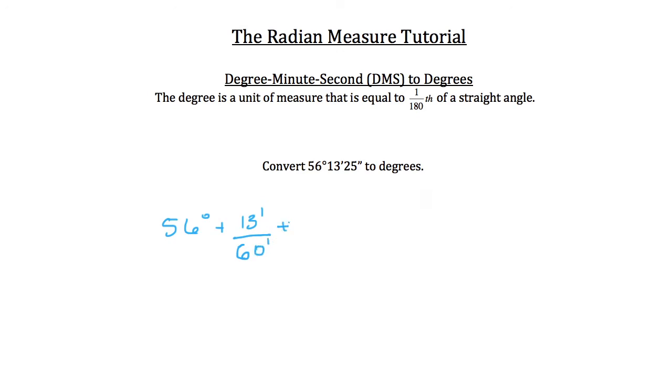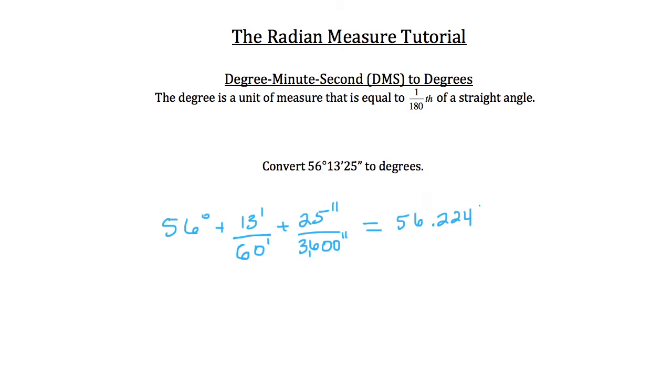Then we also want to factor in our seconds. And again, we're trying to get to degrees, and we want to consider degrees to be hours. So I'm going to take our seconds and I'm going to divide them by the total number of seconds that are in 1 hour. And there are 3,600 seconds in 1 hour. So now you want to put this directly into your calculator as you see it. 56 degrees plus 13 over 60 plus 25 over 3,600. Don't worry about putting in degrees into your calculator. When you do that, you get an answer of